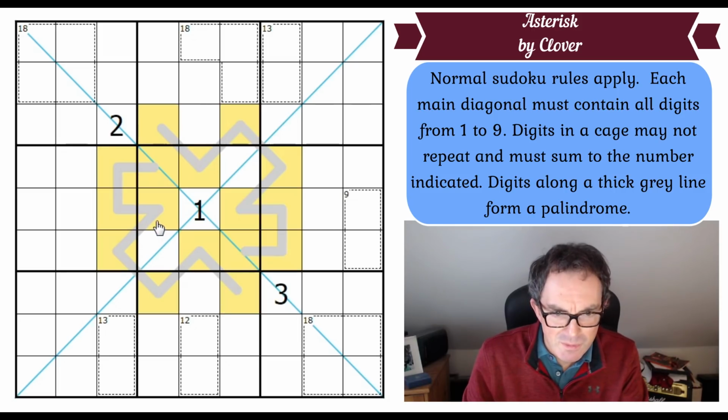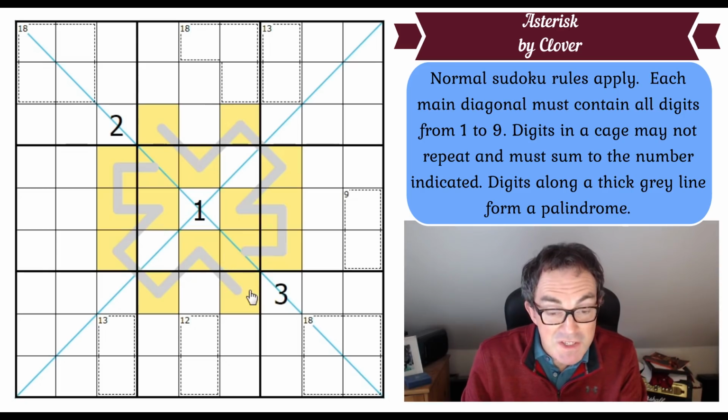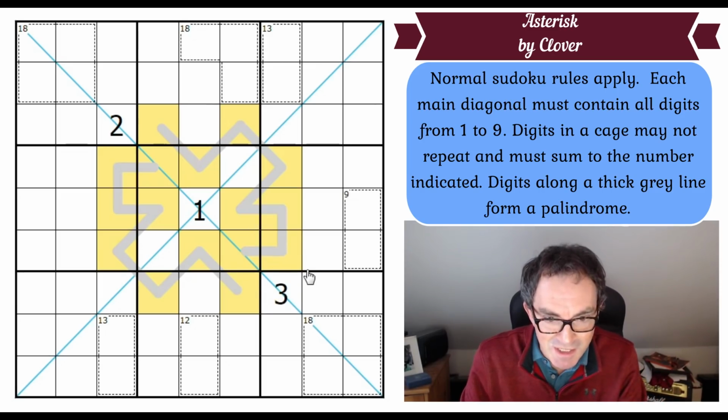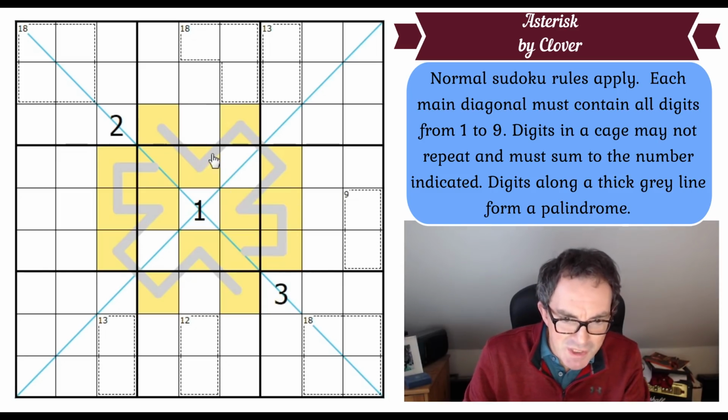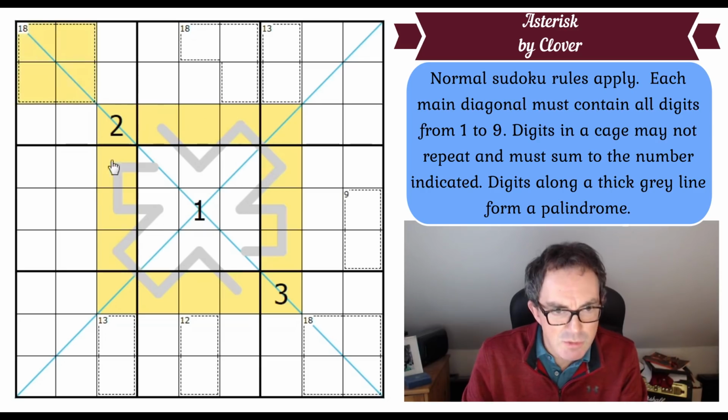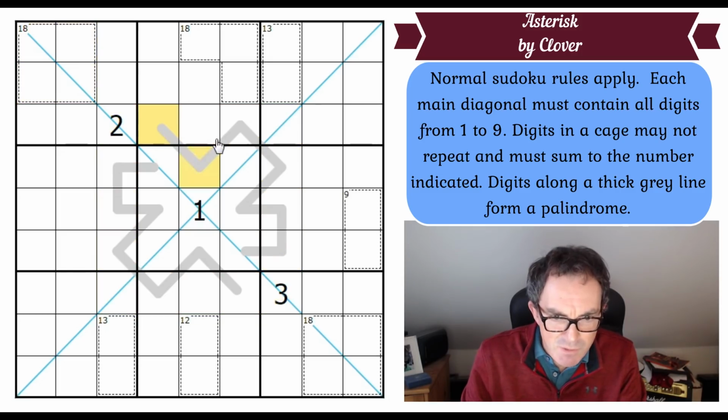Oh, I've just had an idea here, and if this isn't the idea behind the puzzle, then Clover, I insist you use the idea I'm about to say and make another puzzle, because this is actually quite a clever idea. I'm just wondering if you can avoid there being a 1 in the Fistamofel ring, then you know the makeup of that 18 cage, because you know it can't contain a 1 and it would have to be 3, 4, 5, 6. So if you can't put a 1...